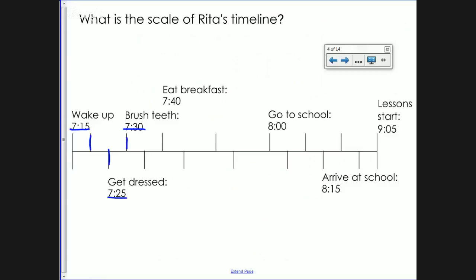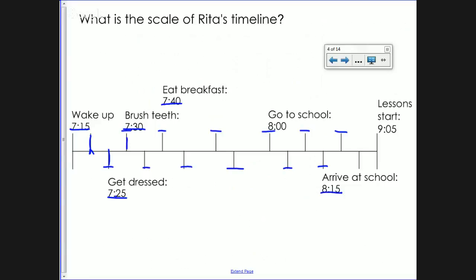So we could have intervals of 10 minutes, we could have intervals of an hour, we could have intervals of 5 minutes. Let's just see what they've done. So we'll take a guess at 10 minutes. If we go 7:15 plus 10, that would be already 7:25, which wouldn't match this line. So if we go with 5 minutes, 7:15, 7:20, 7:25, oh, that matches, 7:30. So we're looking at intervals of 5, 7:35, 7:40, which matches here, 7:45, 7:50, 7:55, 8 o'clock, 8:05, 8:10, 8:15, still matching, so our intervals are definitely 5,